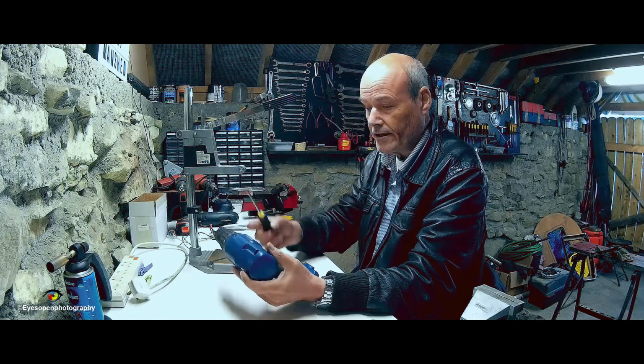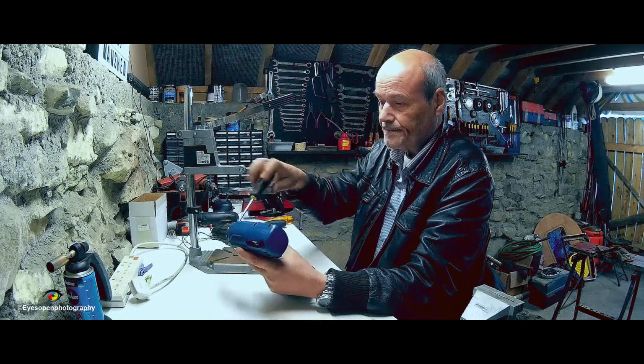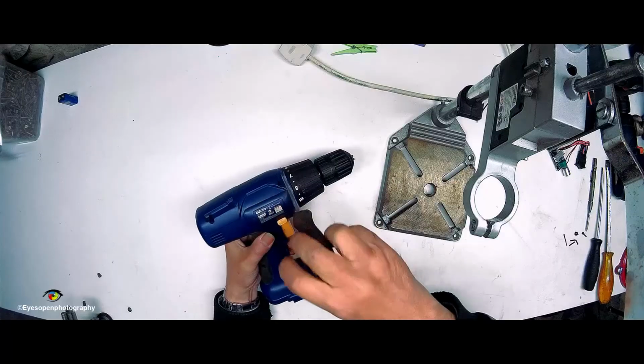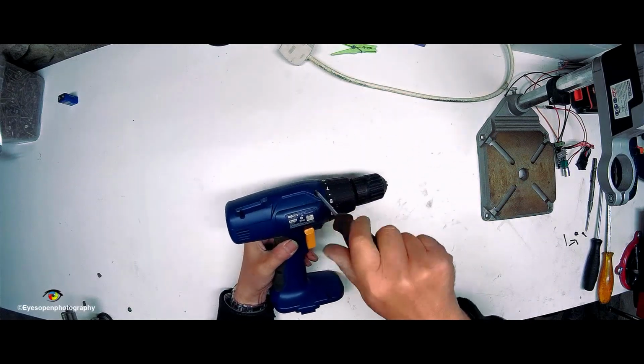So I get a screwdriver here, and there's 2, 4, 6, 8 screws, and we'll get started. I just push this to one side here, and